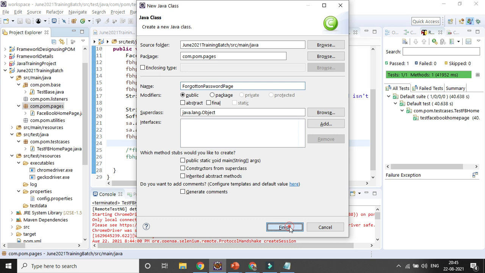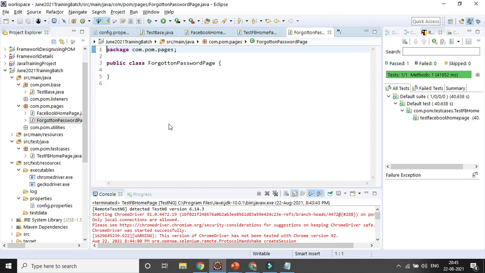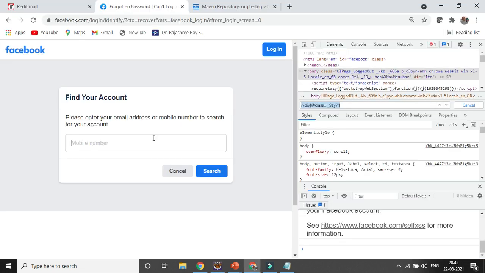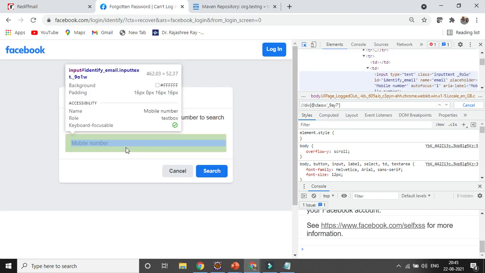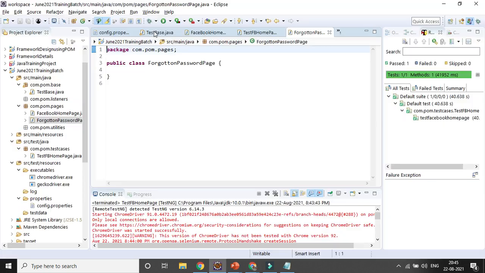In a similar way, I need to add the other parts. I already know I need to click here and click on the search button. Inspecting it, with the help of name equal to email, or ID equal to identify email, I can go ahead.